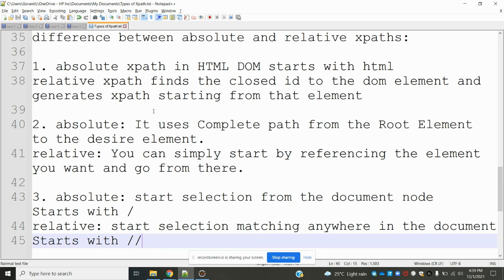In absolute, to complete the path, we need to provide the root element down to the desired element, and we need to start from the root directory where we want to find a web element. And relative is from the middle, and performance wise it is also good. In absolute XPath we use a single forward slash, and in relative XPath we use a double forward slash.